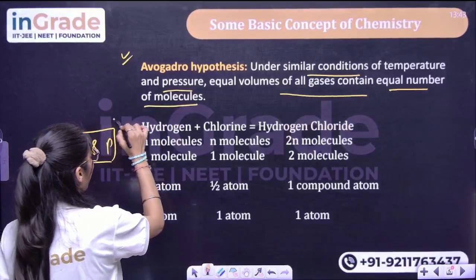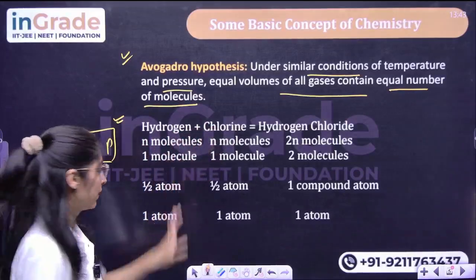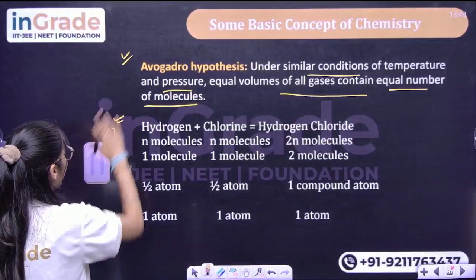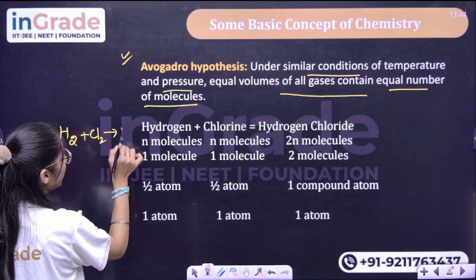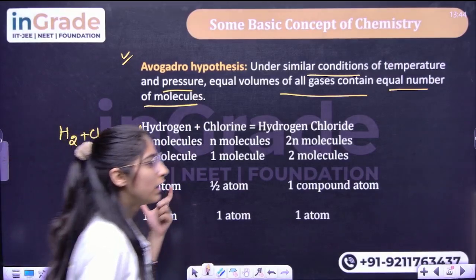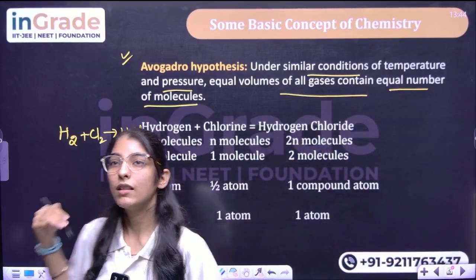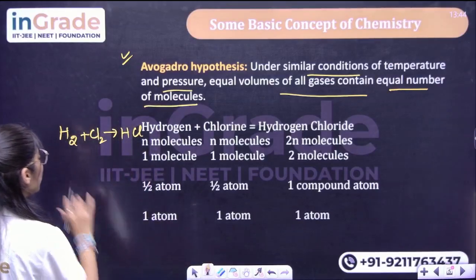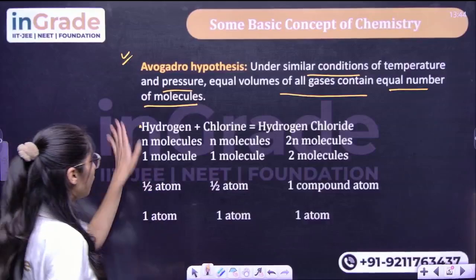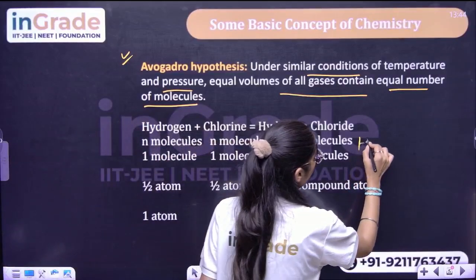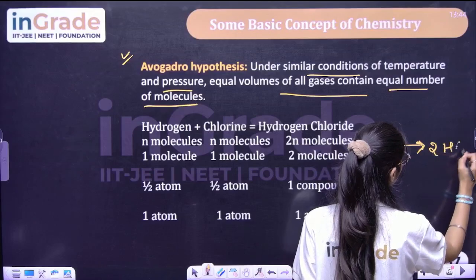Now let's take an example of hydrogen chloride. Let's say hydrogen gas is reacting with chlorine gas. If I write it in the form of a formula, I would write H2 plus Cl2 giving us HCl. See students, here we are going to balance this equation. Balancing of equations we will discuss in stoichiometric coefficients, so here I am just writing it as a balanced equation. In our earlier classes we have discussed what balancing an equation is. So I am simply writing H2 plus Cl2 will give us 2 moles of HCl.